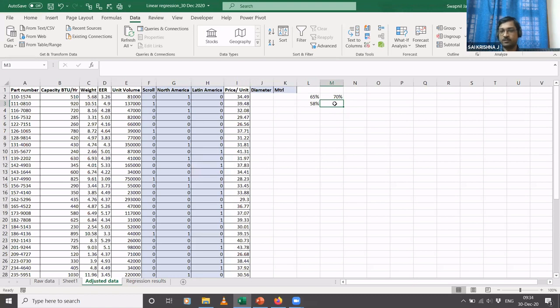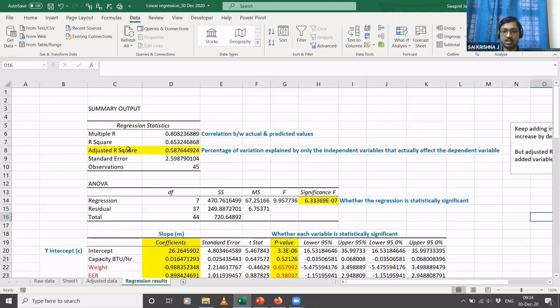A couple of weeks back, we discussed this statistical significance concept: if the average is higher, is it just because of a random chance outcome, or is that outcome statistically significant? That is what this accounts for. The adjusted R square will increase only if the independent variable actually affects the dependent variable, or if the independent variable is statistically significant.